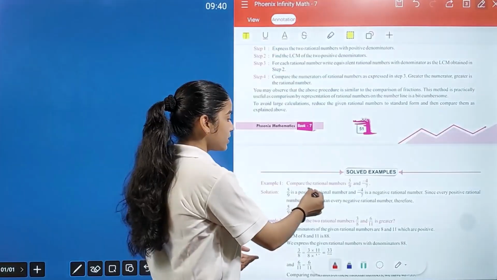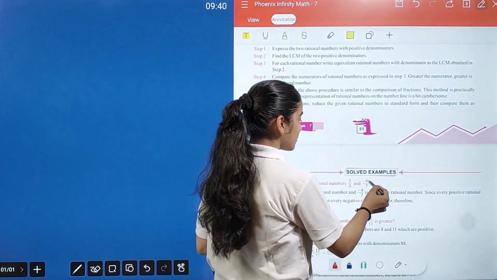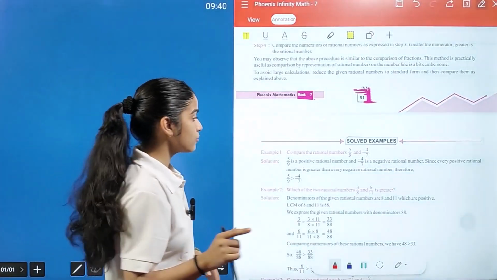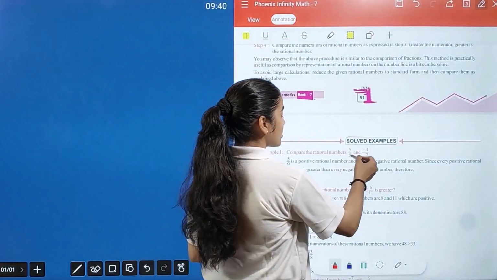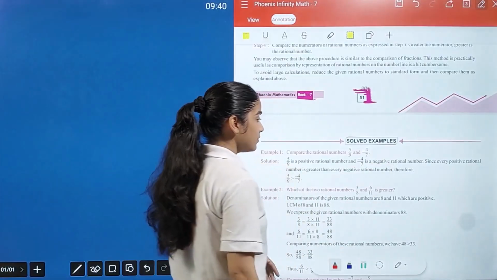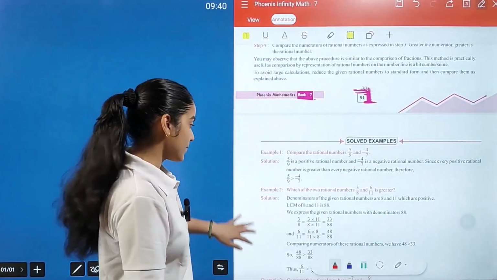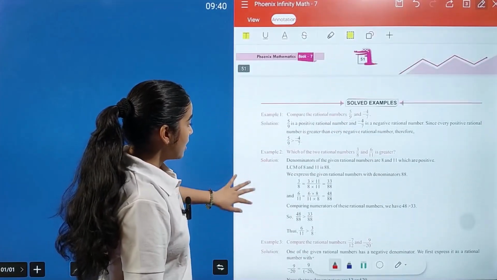numbers. Compare the rational numbers 5 by 9 and minus 4 by 7. In this case, we have one more thing. First, we have to compare the signs. So 5 by 9 is positive and minus 4 by 7 is negative. So it means 5 by 9 is greater than minus 4 by 7. Next, which of the two